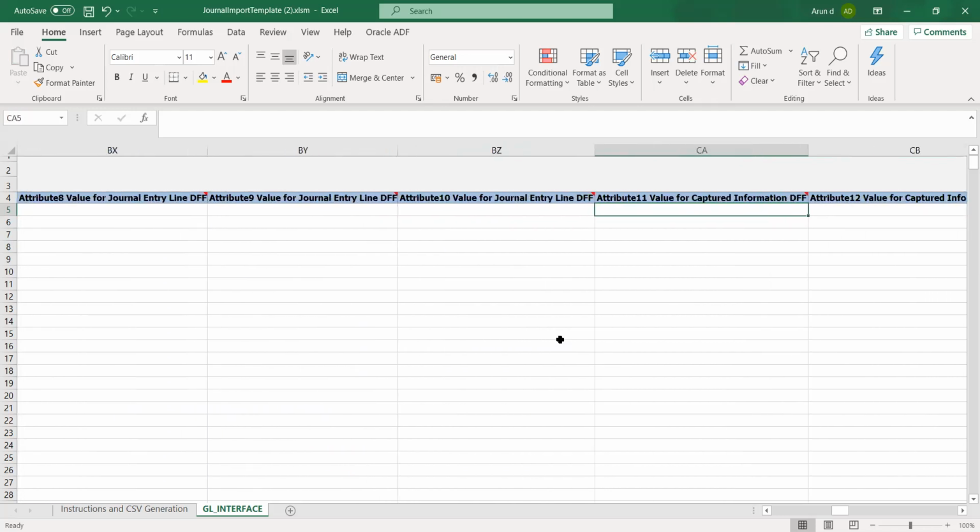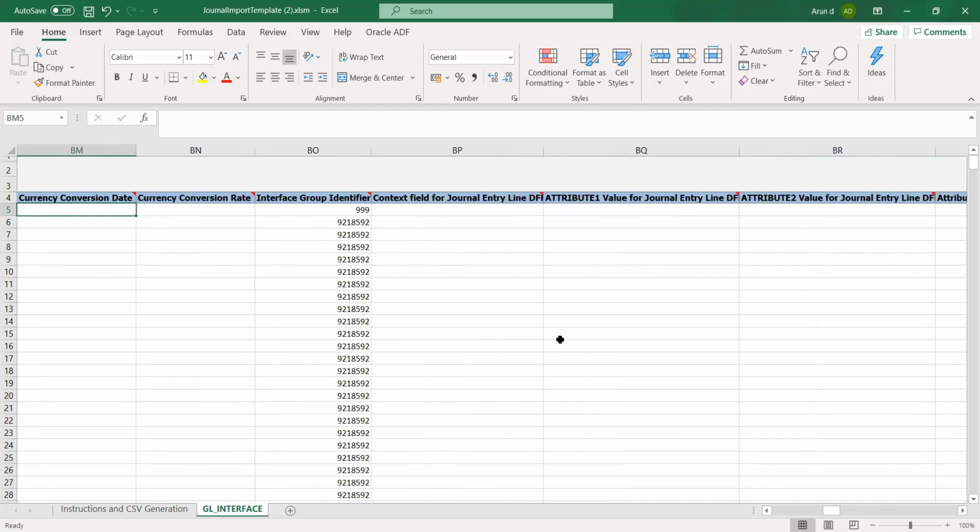That 999K, is it your own value you're giving? Yeah, I'm just giving it for this one, for the interface reference group type identifier.